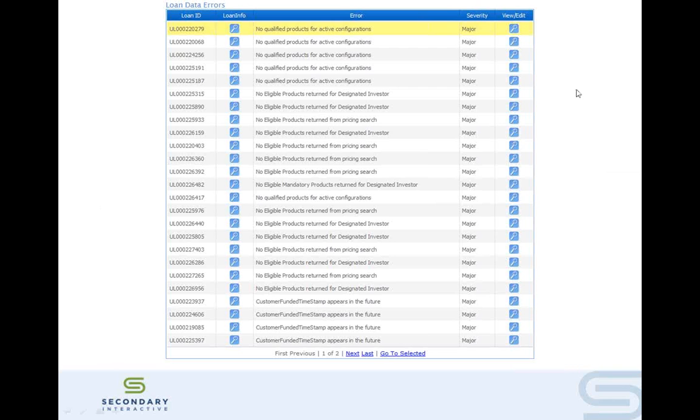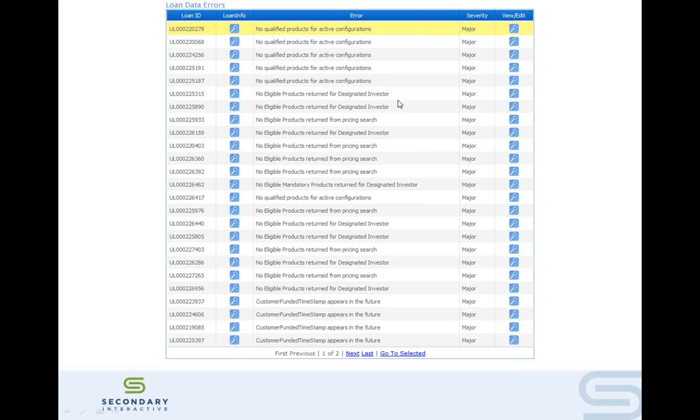What I've got up on the screen right now is a quick snapshot of our application when it identifies an error, and we classify those errors over here by severity as either minor, major, or critical, based on how significantly they affect your day-to-day workflow. These are all major errors, and this is just a slide, so there's no active application here, but it gives you the ability to click through these magnifying glasses so you can identify what the problem is.